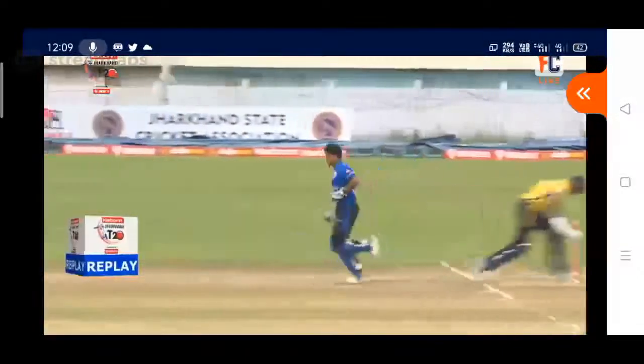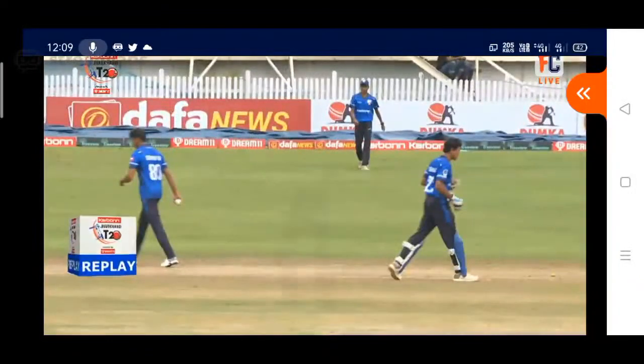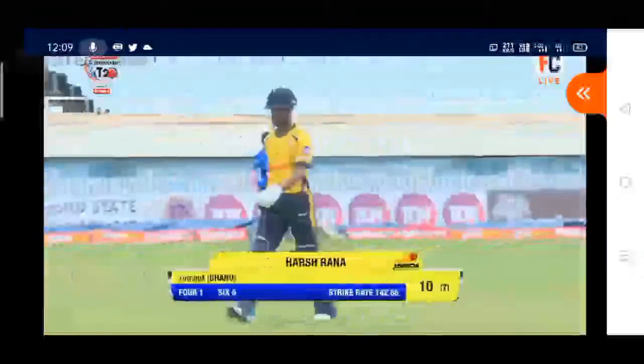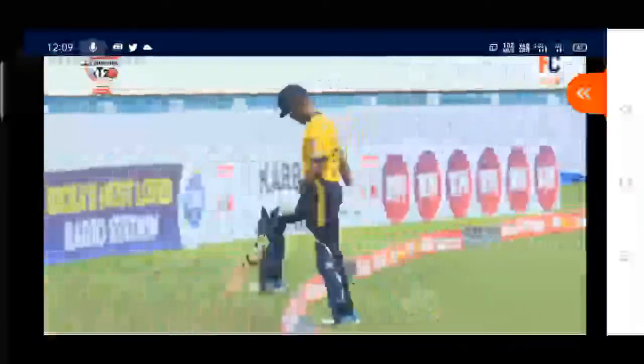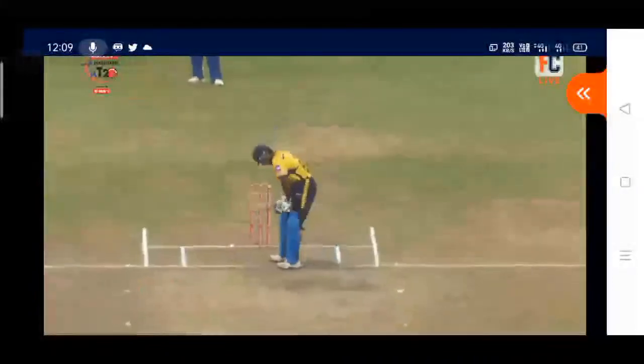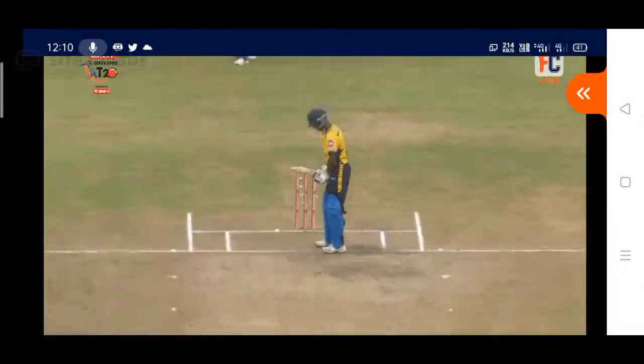The wicketkeeper came running in, and before the batsman from the non-striker end could reach the other end, Harsha Rana was run out. So, last legitimate ball of the innings to come, and that would complete the 8 overs allotted to each team.